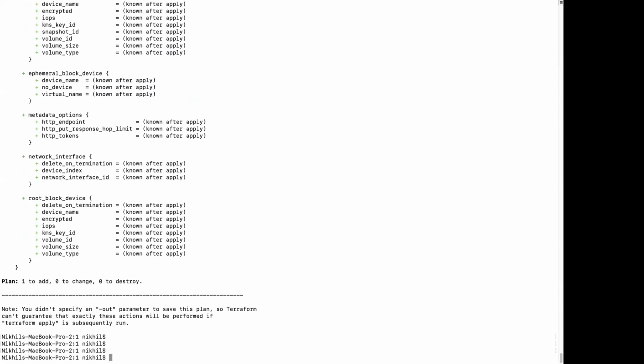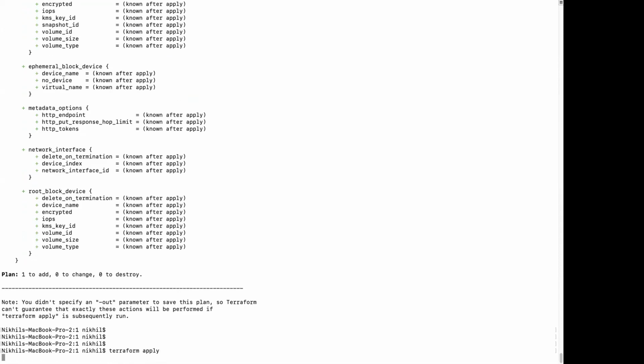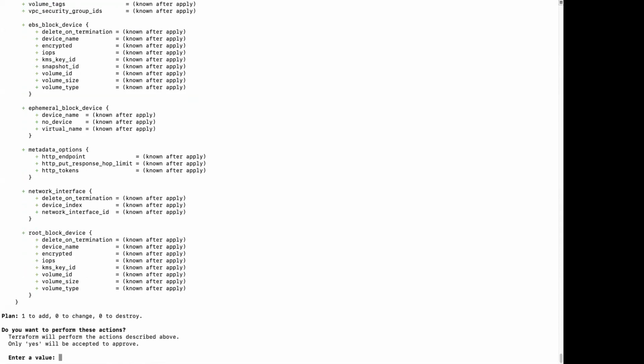Okay, and now is the time where we go ahead and do terraform apply. So usually it asks for a reconfirmation before you can perform this action.